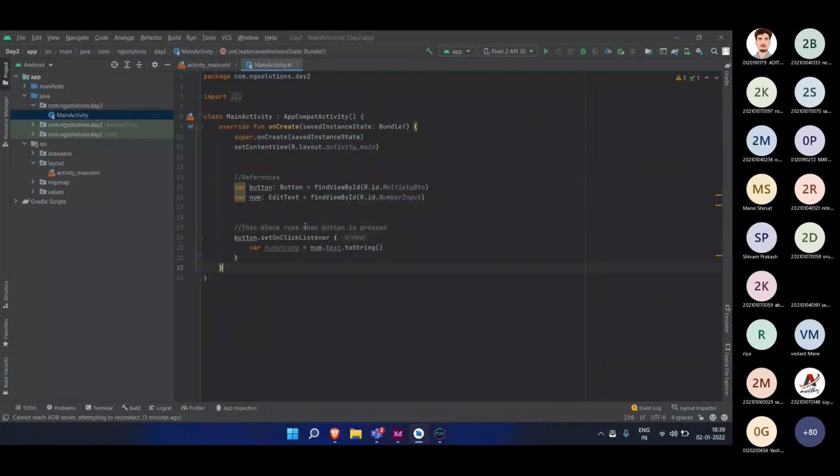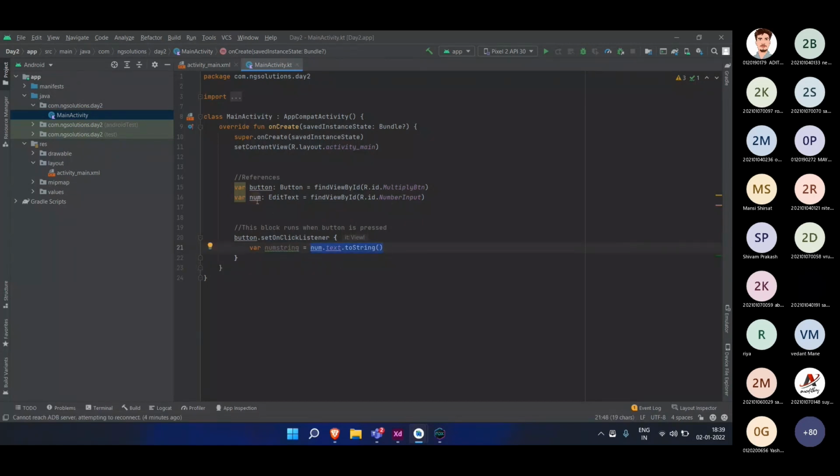Okay, this block runs when the button is pressed, and var numString. So what is this? I'm creating one variable called numString. That's why I'm using var, and inside that, what data do I want to put? I'm going to write it in front of equals.